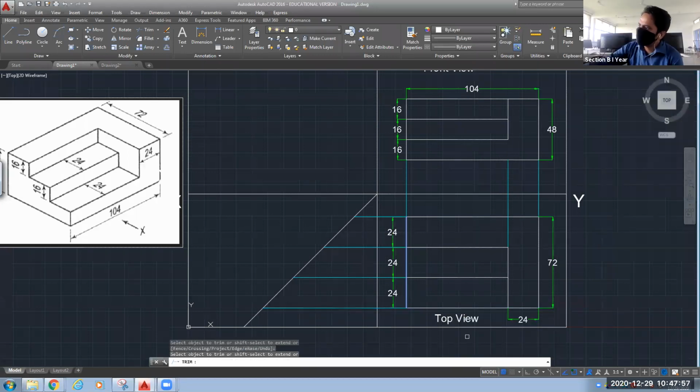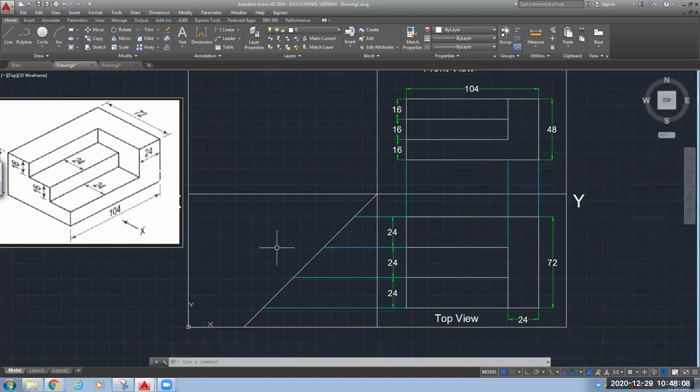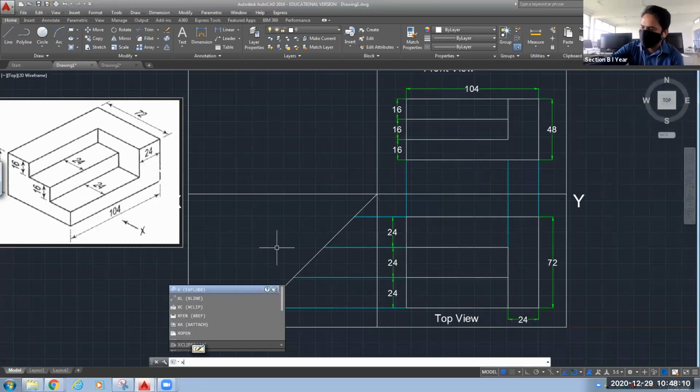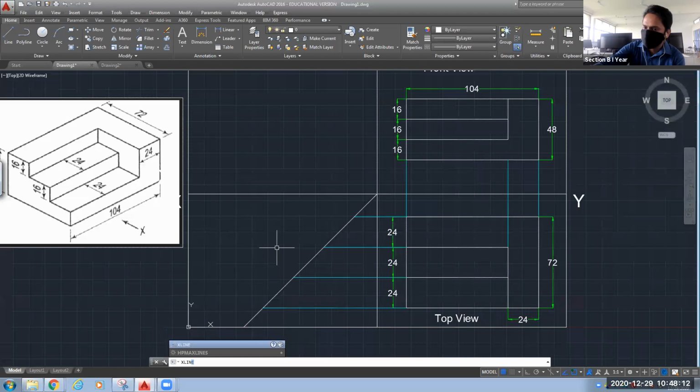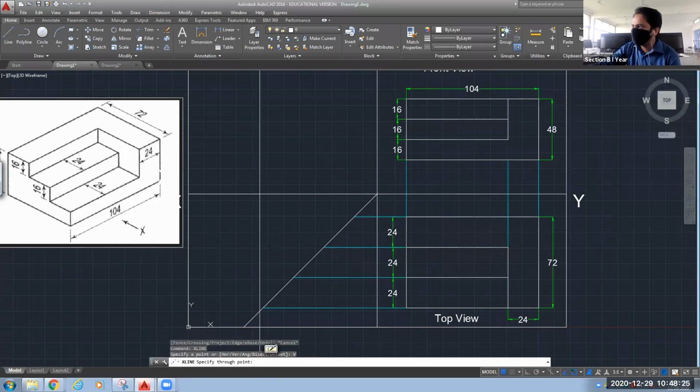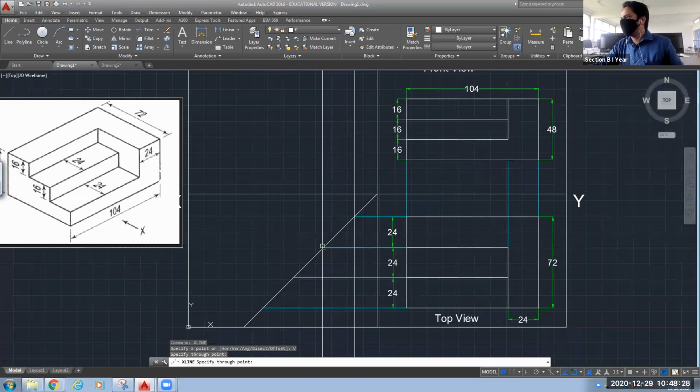So now you can see projection lines are starting from this point and going up to the line having angle 225 from this reference plane. Now again, I want vertical lines. So go for X line. This time I want vertical lines, so here you have that option vertical, VER in the command line. Second option. So click that vertical. Now specify the base points.